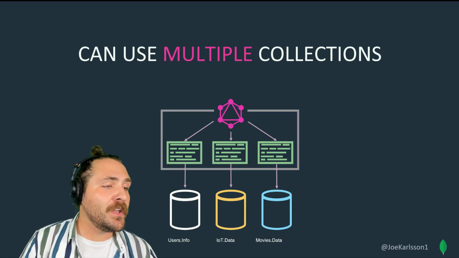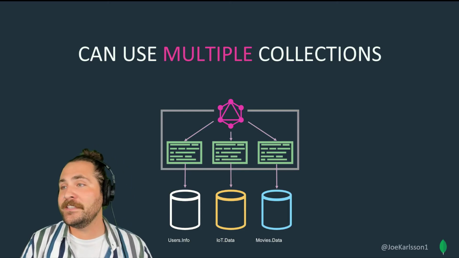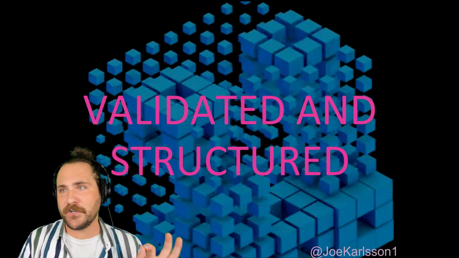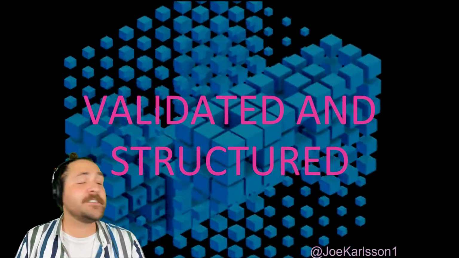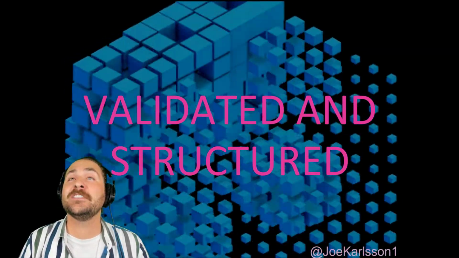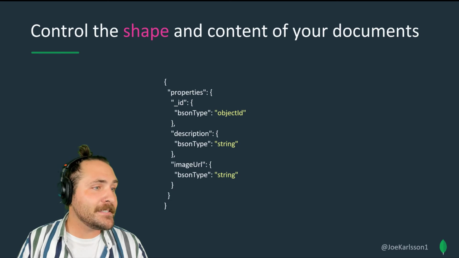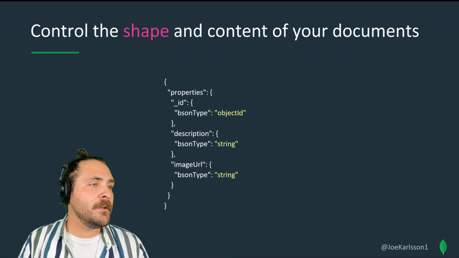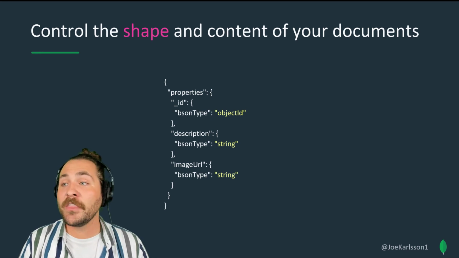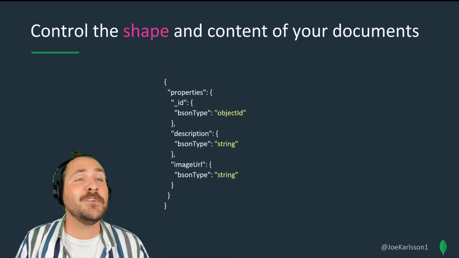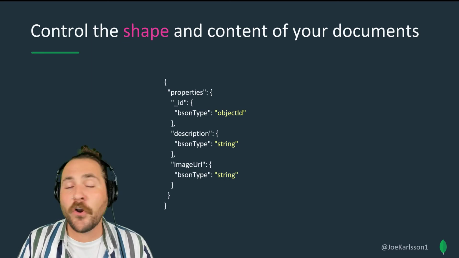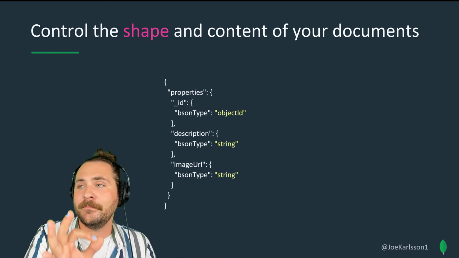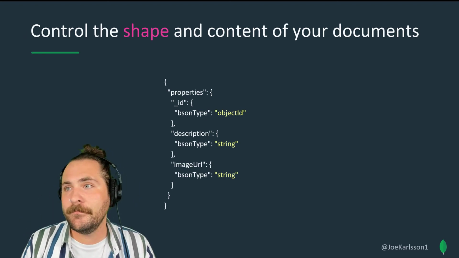You can use multiple collections of data. You're not limited to one data set, not one service. Another cool thing about GraphQL, it is validated and structured. What do I mean by that? So typically with a RESTful API, you have no control over the data and structure of what comes back. But if you're writing a GraphQL endpoint, you get to control the data types that come through on the request, but also get sent back. And with JSON, typically it's hard to do because you're just getting strings. But now we have control over and validating the type of data that's being requested from the front end.